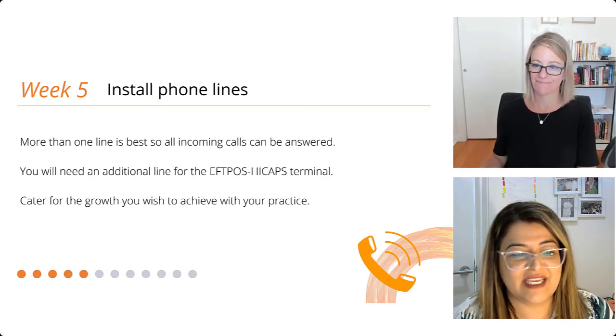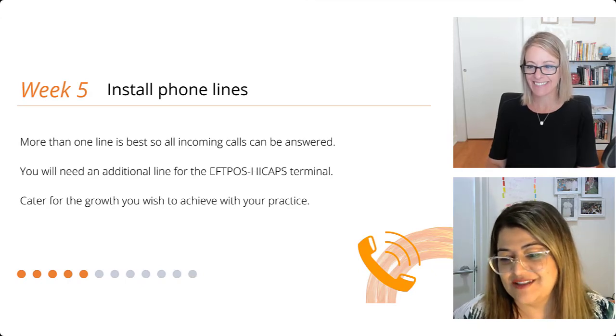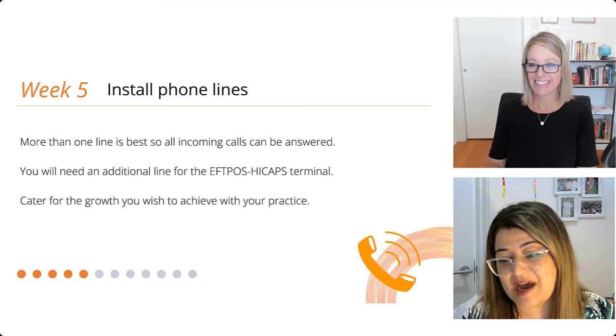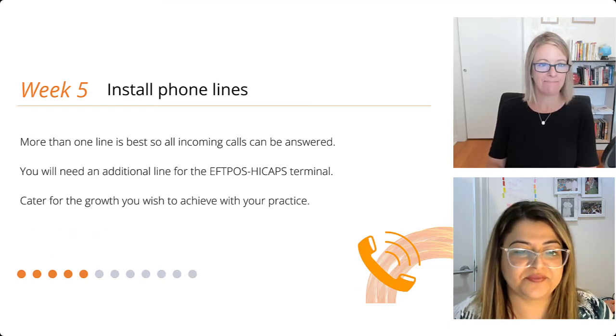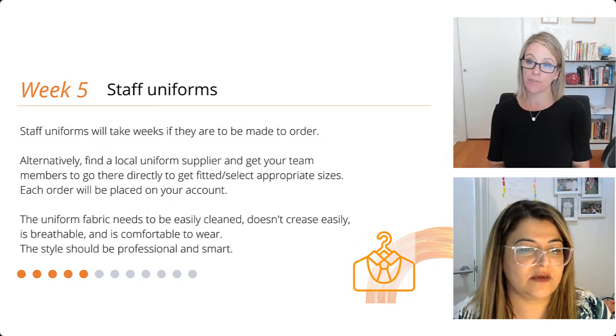Before we know it, they tend to get chewed up. You've got somebody on one line following up patients and incomplete treatment and recalls, and a receptionist on the line to a couple, so you really need a few lines. Absolutely. Now, staff uniforms. Depending on how you're going to do your staff uniforms, you might want to have